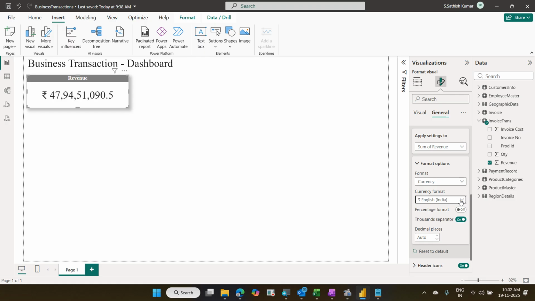So if you are using a bigger data and if you are going to use this revenue in multiple areas in your visual, it may slow down your system speed. It will increase your file size. Instead, it's better to create a measure. So measure cannot be created straight away. Measure can be created using